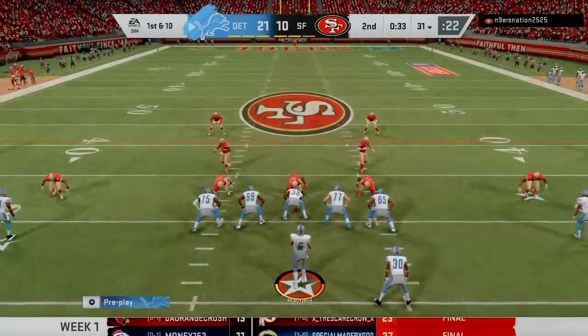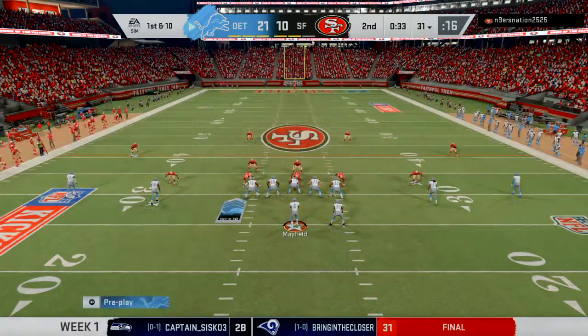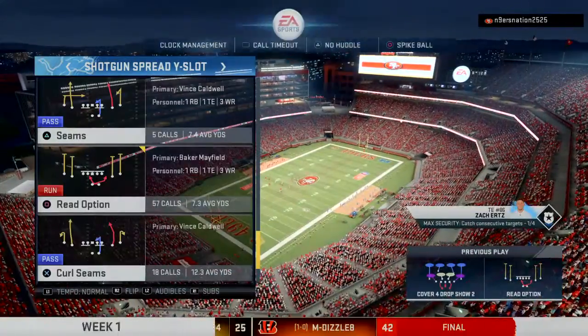The Lions offense ready to kick off their next drive. You've got under a minute to go here until halftime. You got the good-sized lead. No need to do anything crazy. No, there really is no need to do anything crazy. The smart play, go ahead and take your lead into the locker room and then try and add to it